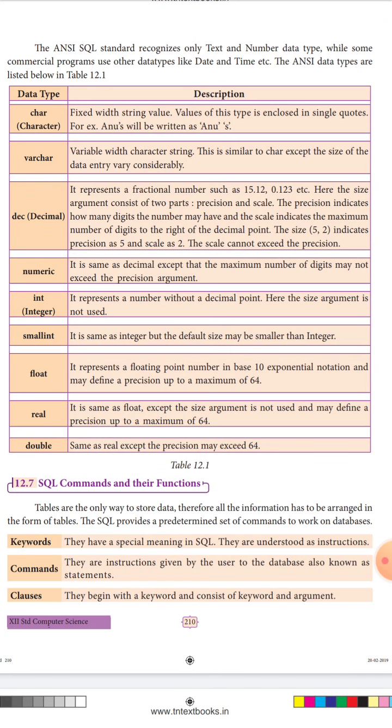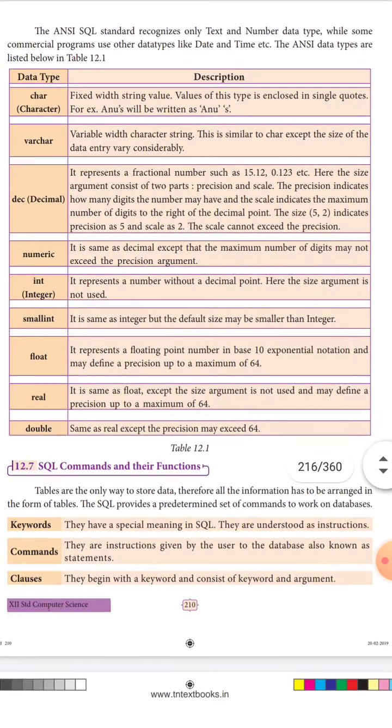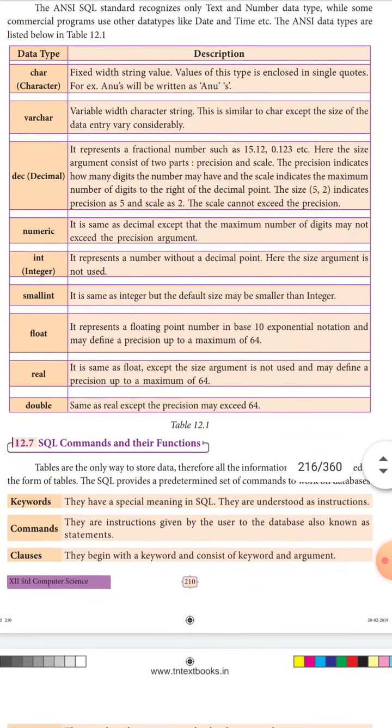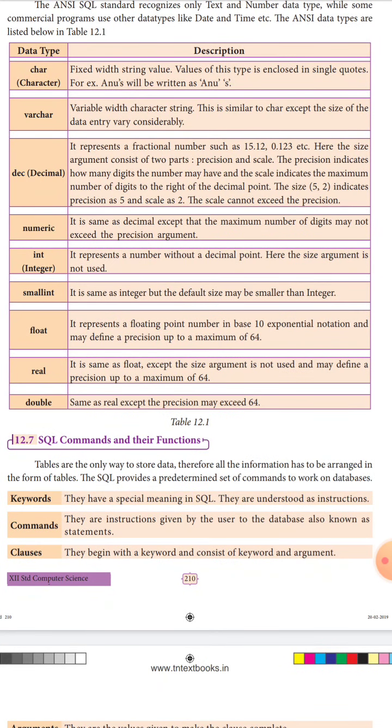Float represents a floating point number in base 10 exponential notation and may define the precision up to a maximum of 64. Real is the same as float except the size argument is not used. Double is the same as real except the precision may exceed double of the integer value.